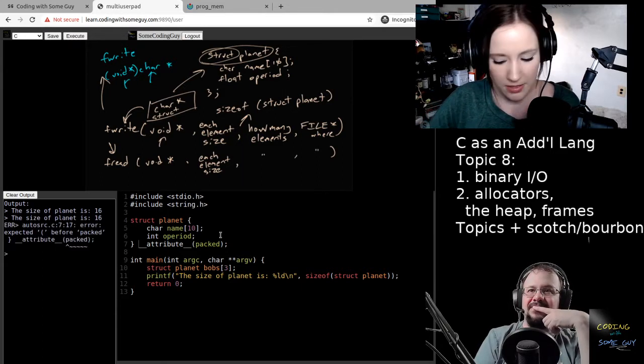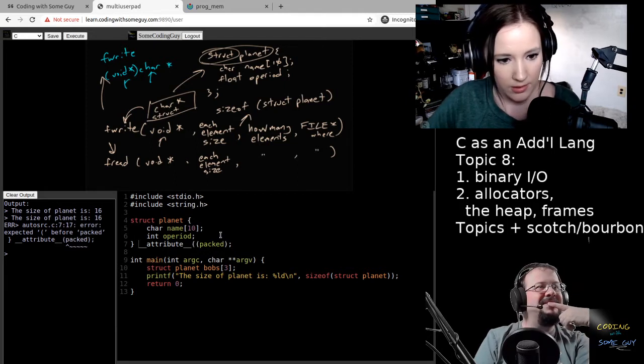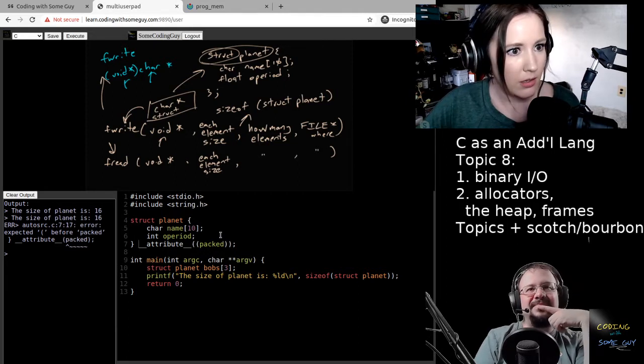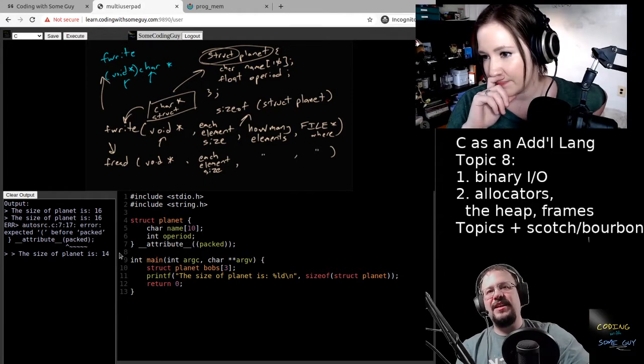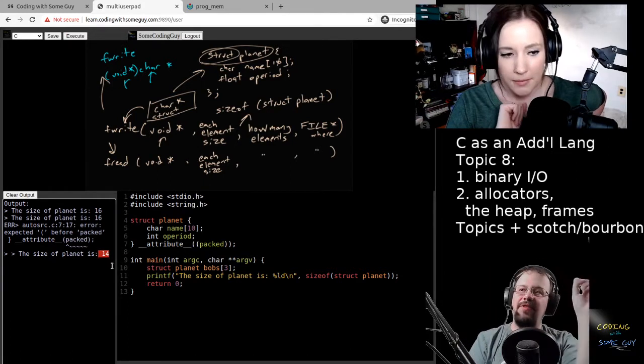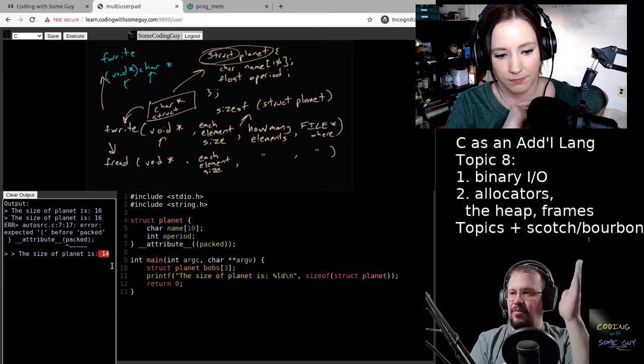Oh, nope. Maybe. Hold on. I think there's supposed to be 2, maybe. Yeah. There we go. Awesome. Right. And so that's what gets rid of the padding. Yes, that gets rid of the padding. So now RAM is going to be matching what we expect.